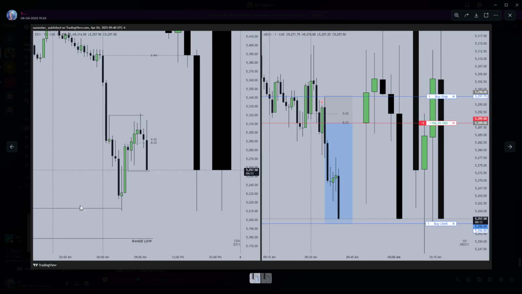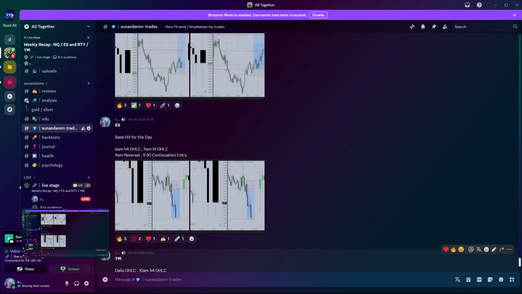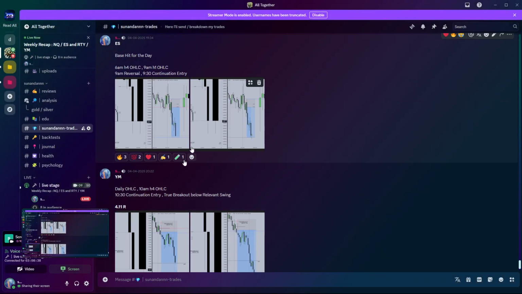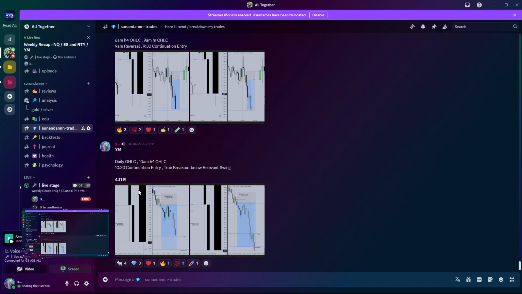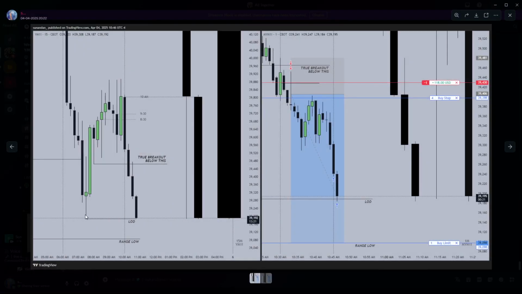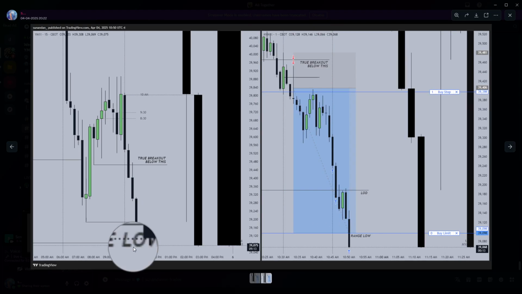You can see this level being marked on my chart that time as well, because I was thinking that price could form a reversal off of there. This could stay protected. This would be the relevant swing that could be used to frame it fully bullish higher. But when I saw price displacing through this, forming a true breakout, I had a level marked till where I can frame it lower as well. And when it formed the true breakout, I saw I had clear structure, so I shorted till the low of the day and range low. Final TP at range low and low of the day.